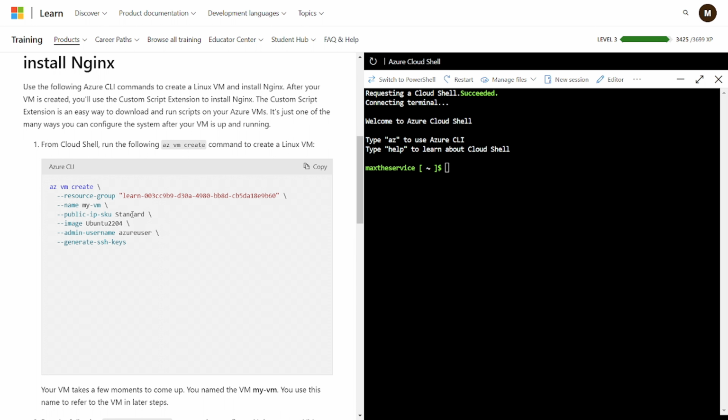And the public IP is standard, provided by your cloud environment. And the image is Ubuntu. So you are going to use the Ubuntu operating system for your virtual machine. And here is the admin user, the Azure user as well, and generate SSH keys. So it will generate SSH keys so that you can later log in with those SSH keys. If I run this example,